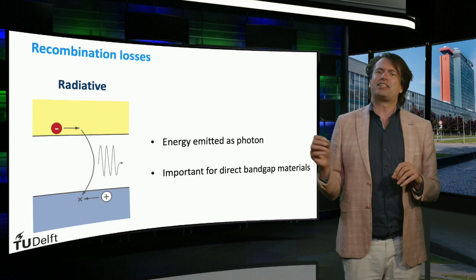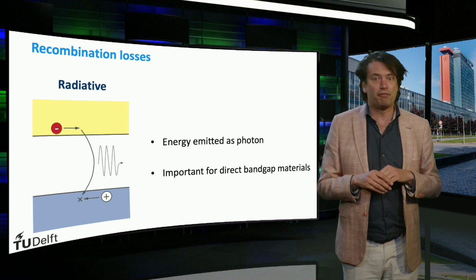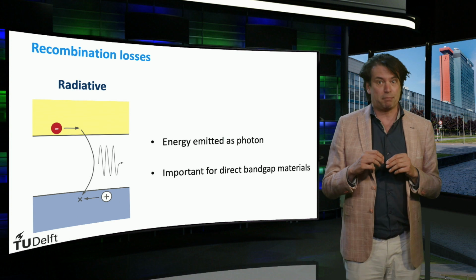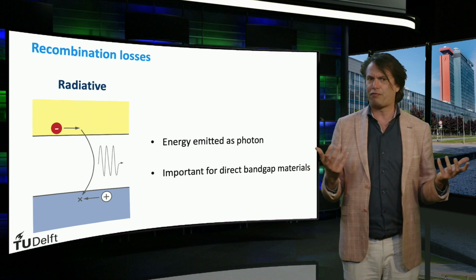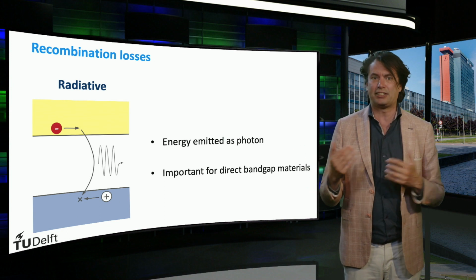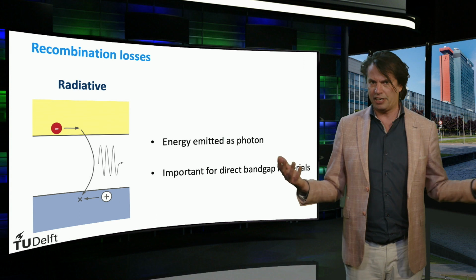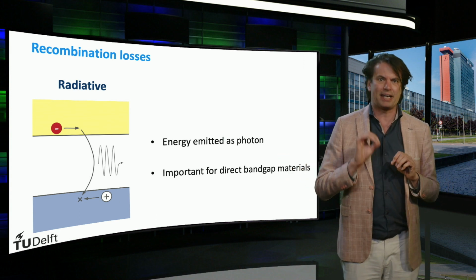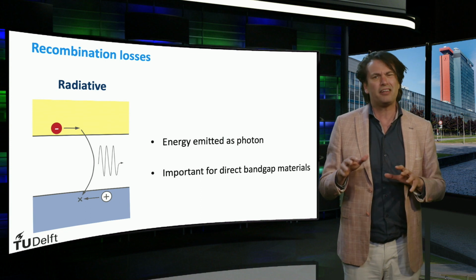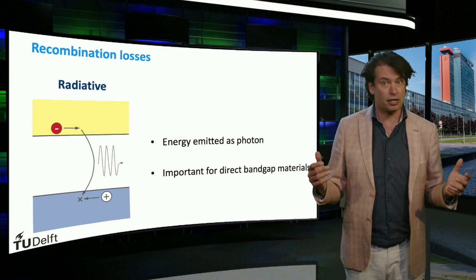The first type is radiative recombination. In radiative recombination, the energy of the electron is emitted as a photon after recombination. The energy of this photon is the same energy as the band gap of the semiconductor material. Radiative recombination is very significant in direct band gap semiconductors, but relatively rare in indirect band gap semiconductors like crystalline